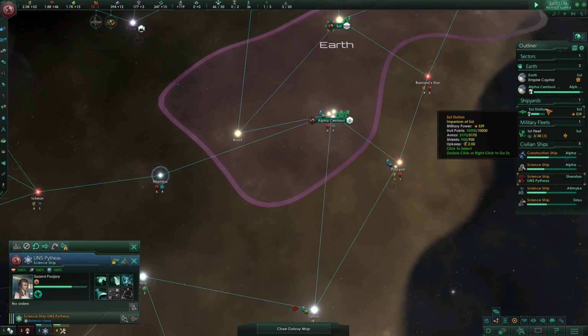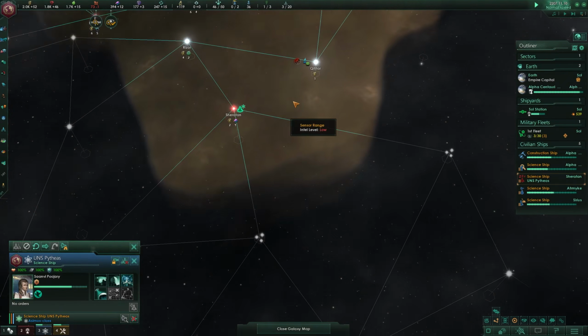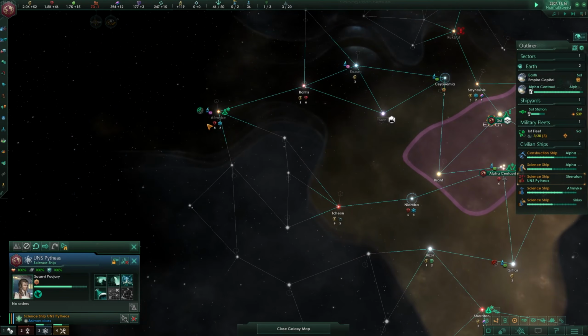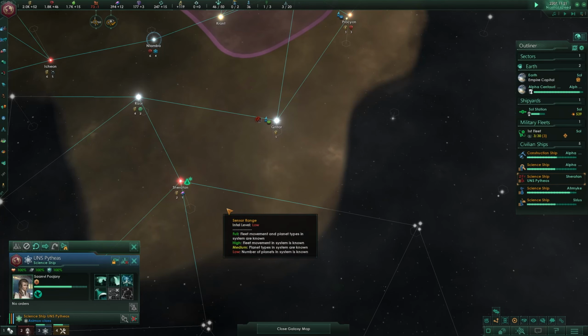Now, once the colonization ship is finished, we are going to build another construction ship. And then I can continue into this area. We need to do this the careful way, since we have pretty aggressive AI opponents. Oh,